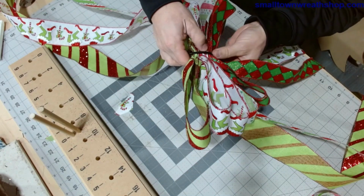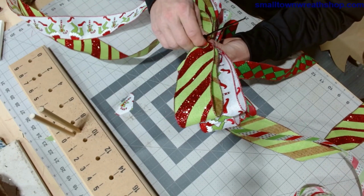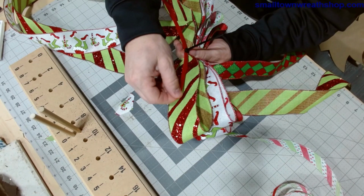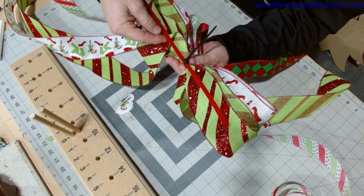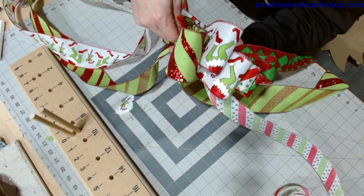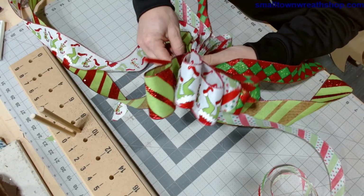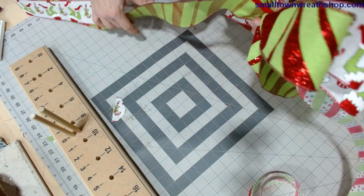You want your zip tie to fall right in that crease, and try to keep that stack straight. Put your chenille stem, push down, leave yourself a little opening. Run that chenille stem underneath that zip tie, about halfway, make sure that stack's straight and start closing it up. I'll wind up maybe tightening it again, and after you've got it snug, now we're ready to